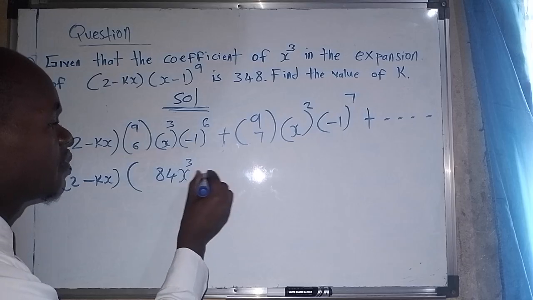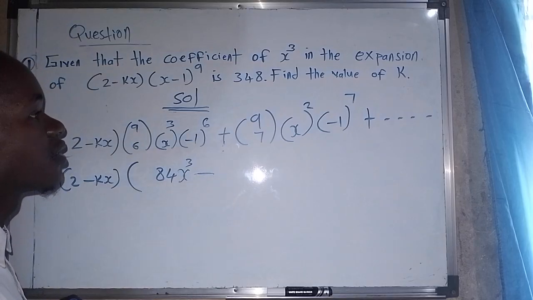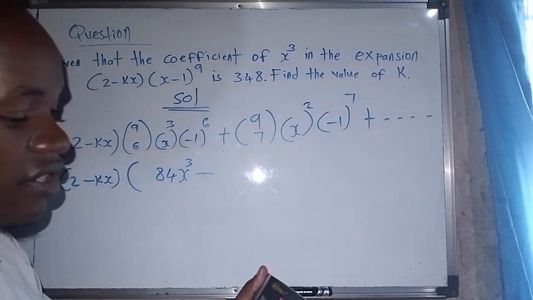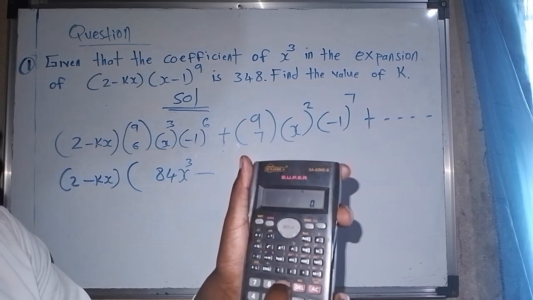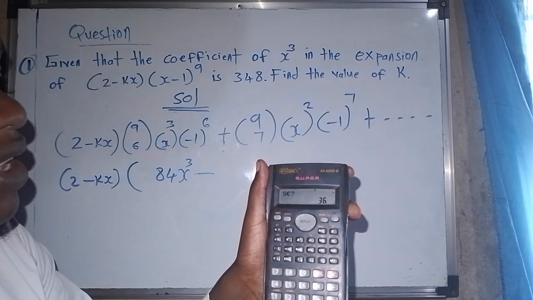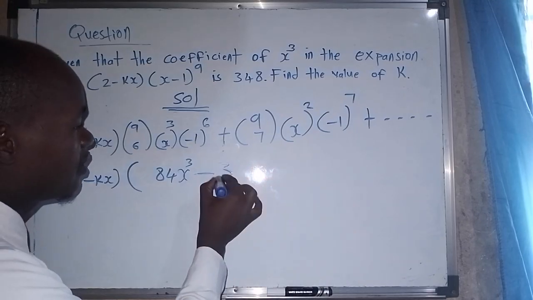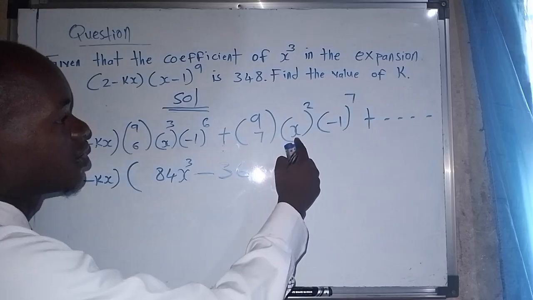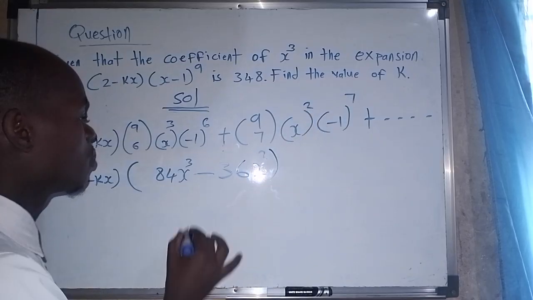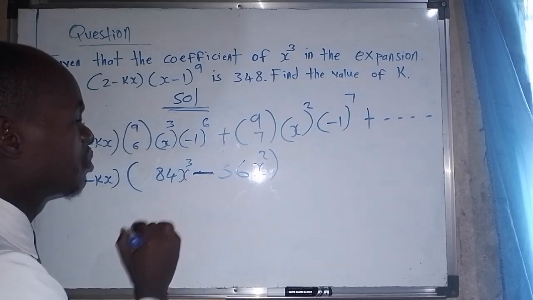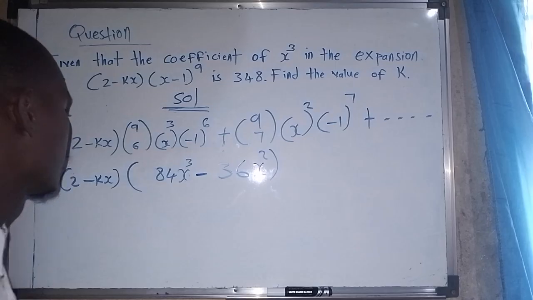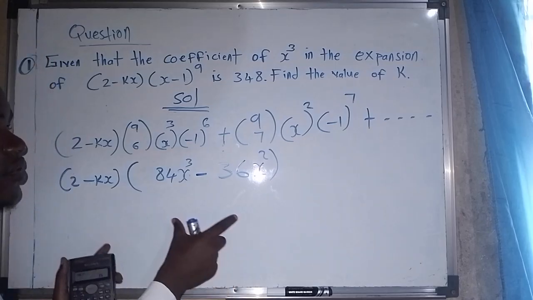A negative there. After that, now I say 9 combined 7. So we go on the calculator, you say 9 combined 7 and you get 36. So we have 36x to the power 2. This is negative symbol. Okay, put it nice for you. Okay, now when you reach this stage,